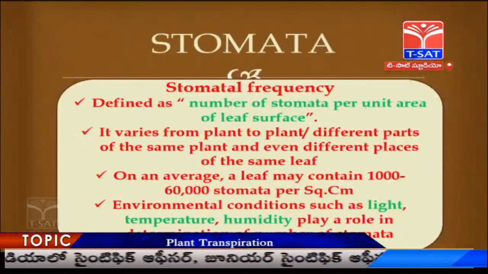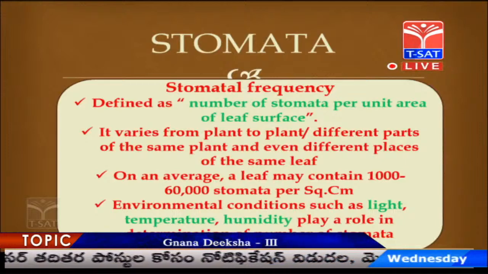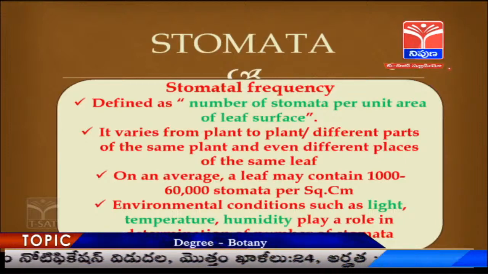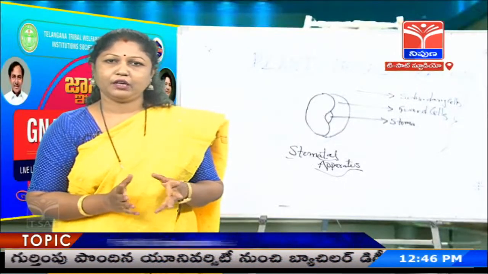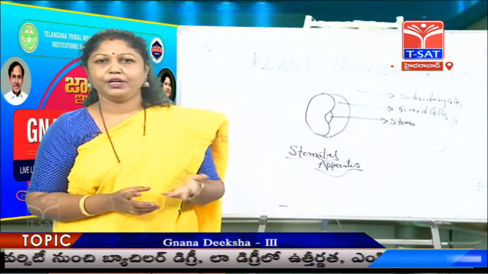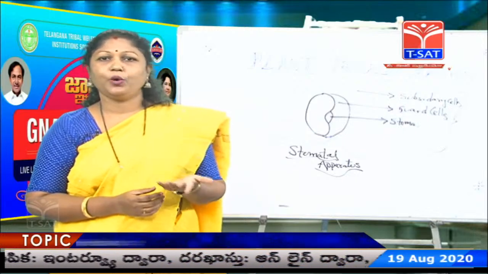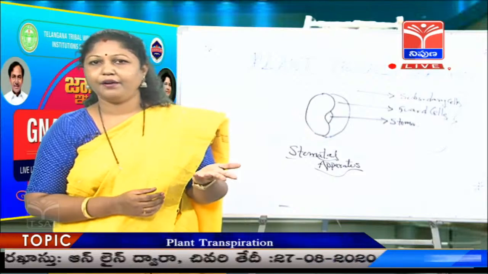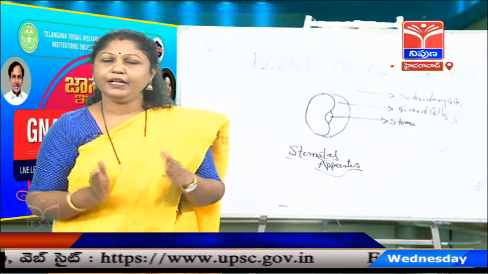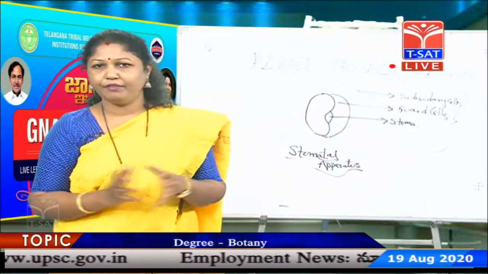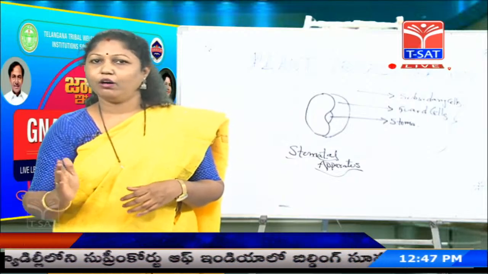Now, let us move further. Let us try to learn about other terms like stomatal frequency. What is this stomatal frequency? As I told you, the distribution of the stomata is maximum on the leaves, but in nature there are various kinds of leaves. In mesophytes the leaf nature varies, in hydrophytes it is different, in xerophytes it is different. Even in the mesophytes, whether in a tropical area, a temperate area, an arid region or on mountains, depending upon the environmental conditions, the size, structure and shape of the leaf varies.